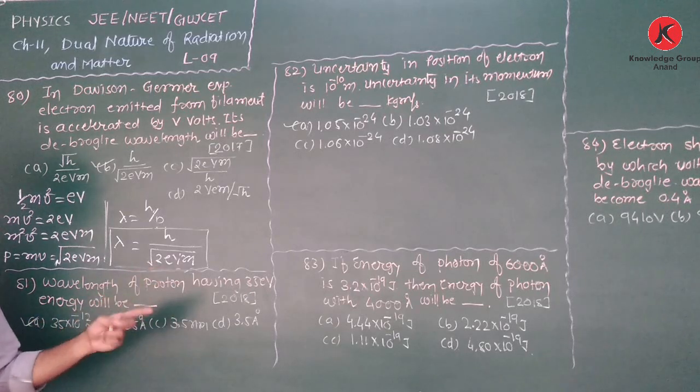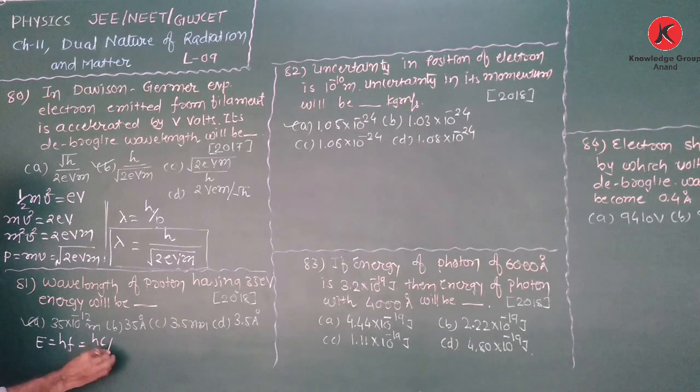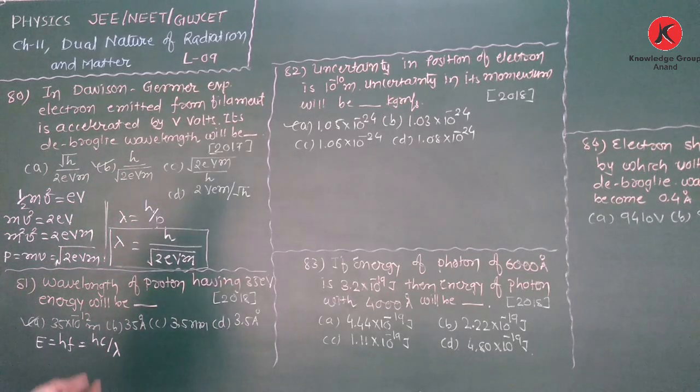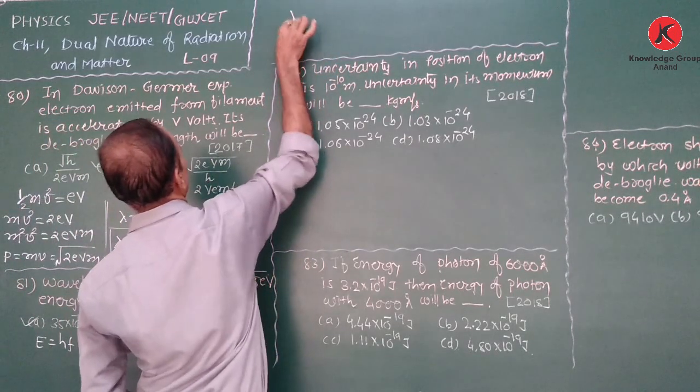After that, the next question, from 2018: the wavelength of a photon having 35 electron volt energy. Now we know that the energy of a photon E is equal to h f, which is equal to h c upon lambda, because we know that the frequency is equal to c upon lambda. Here we require the wavelength, so we convert the frequency into wavelength. Therefore, energy E is equal to h c upon lambda, so lambda is equal to